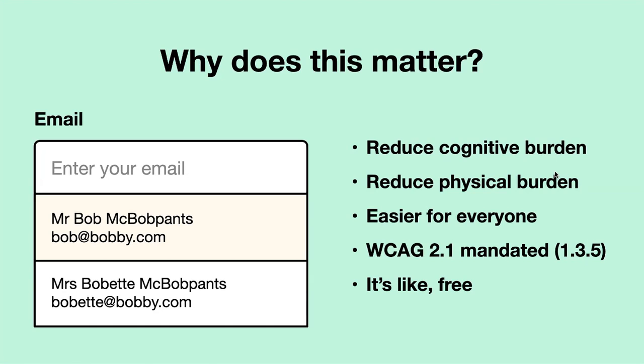And when you get into more difficult areas, like what's your credit card number, I think we could all appreciate that we don't usually remember all of that information, and automating it is better. If you're working with accessible tech, it's literally saving you physical labor to type this information in. It's just good for everyone. And in WCAG 2.1, this is actually required. So you really should be doing this.